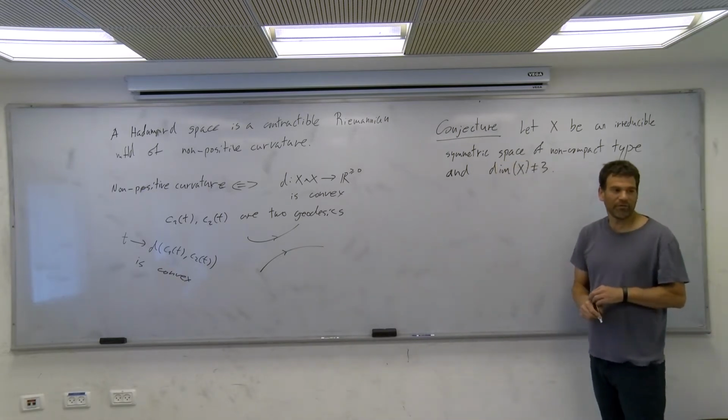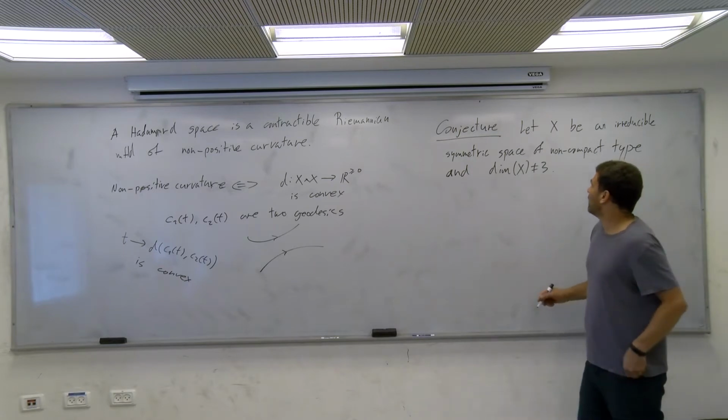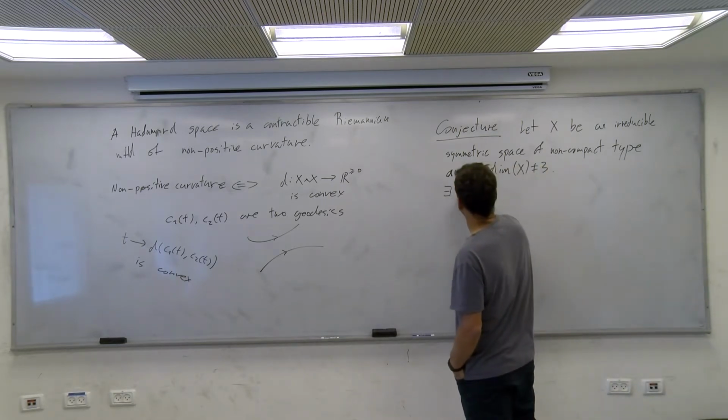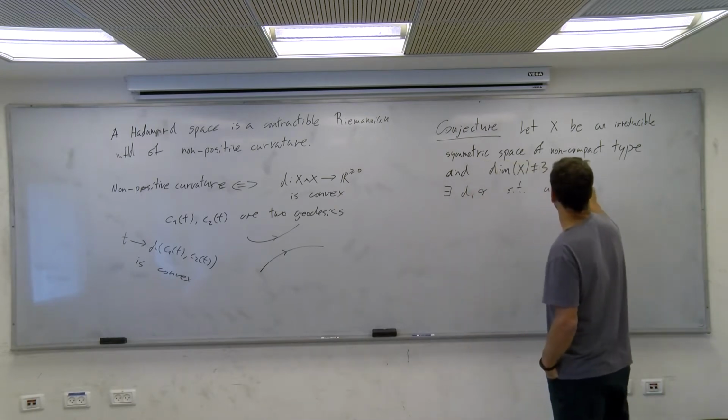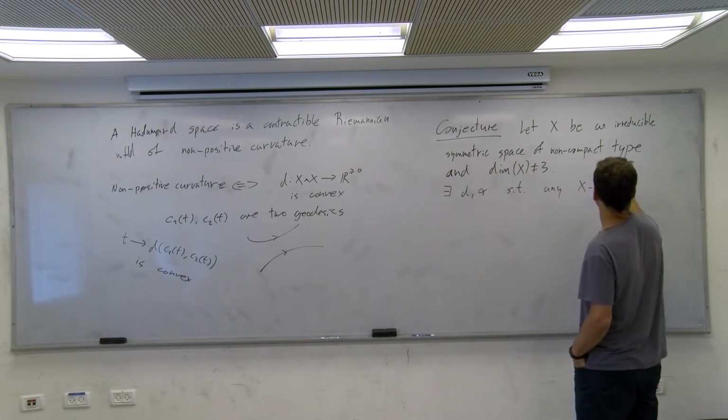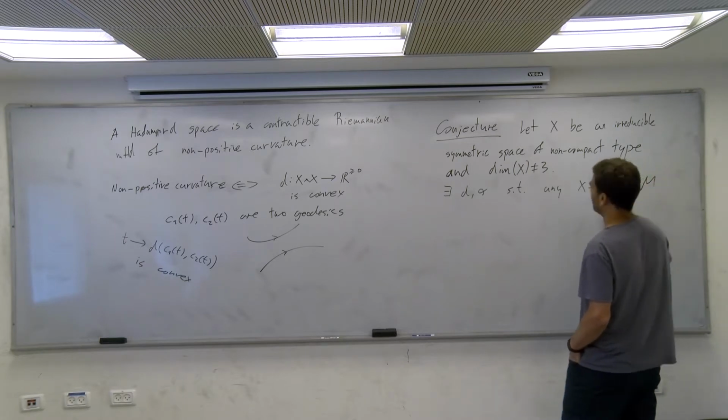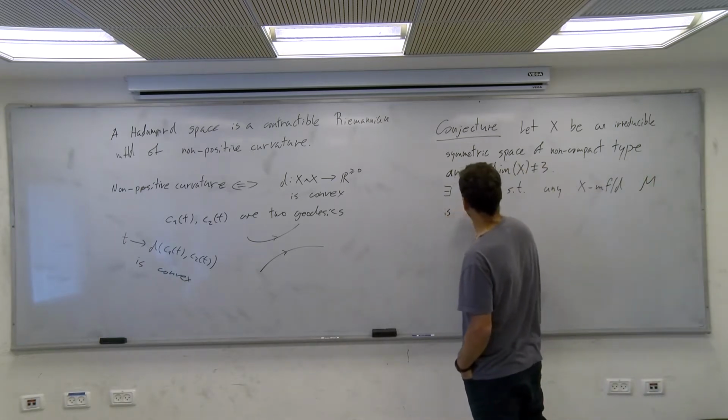In dimension 3, the story is different. Then there are D and alpha such that any X-manifold M is homotopy equivalent